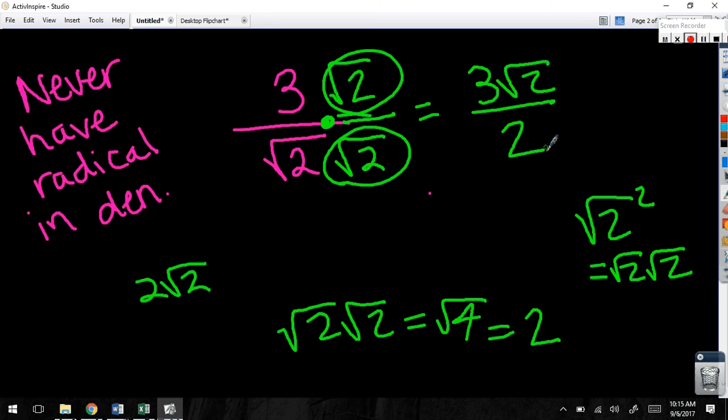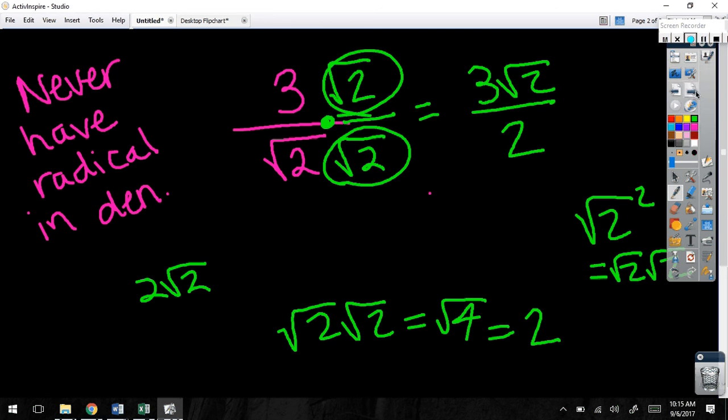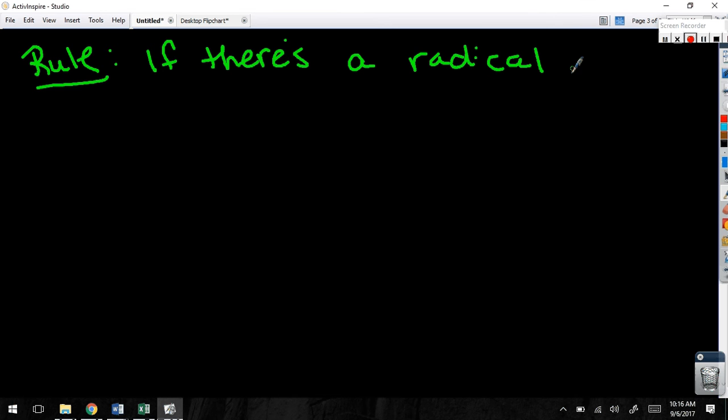So let me give you a general rule. I like you to come to it on your own, but if you still don't quite get it, I'll give you the rule. Do I need to stop a minute and let y'all copy this? All right, so the rule. If there's a radical in the denominator,